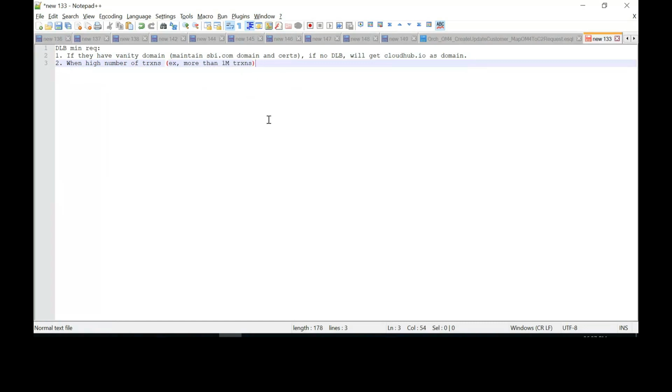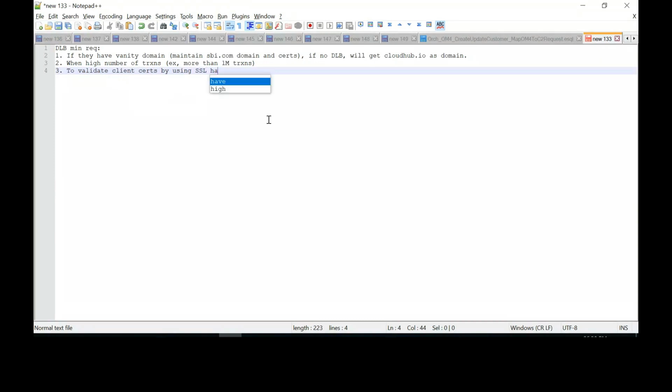Okay. So the third use case is if you have to validate the client certificate as well by using a two-way handshake, to validate client certs using two-way SSL handshake.